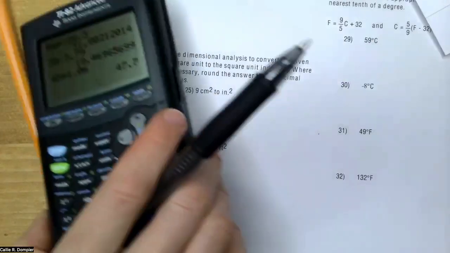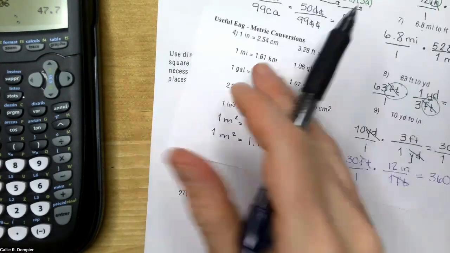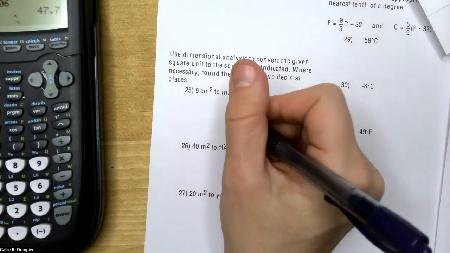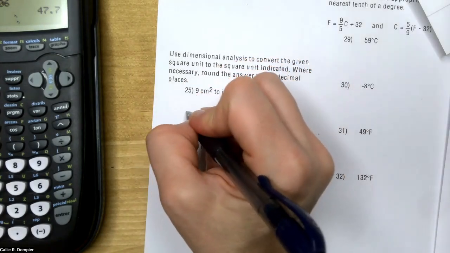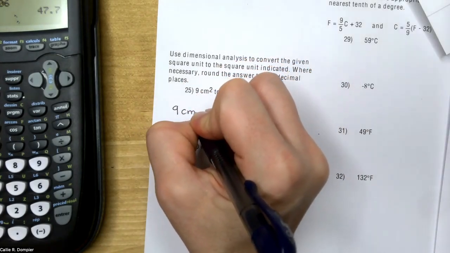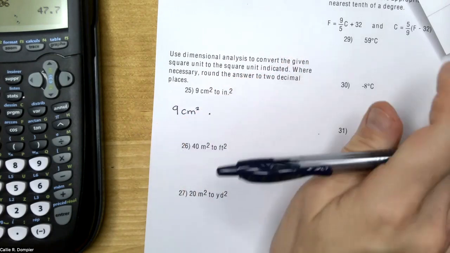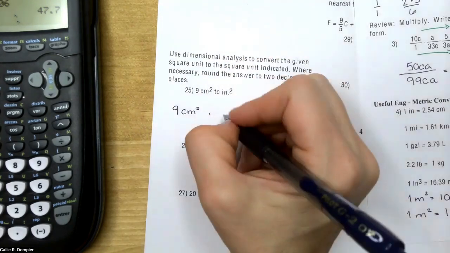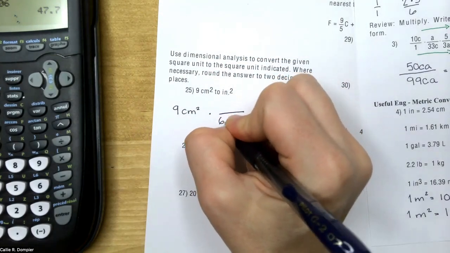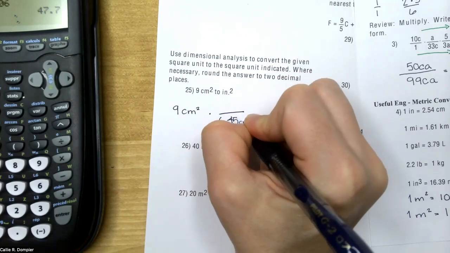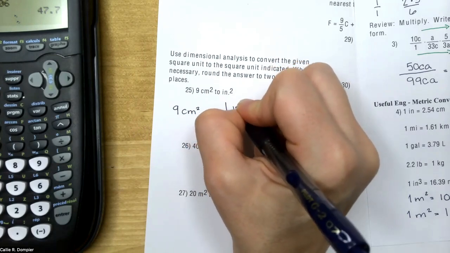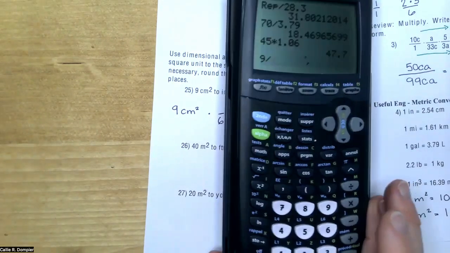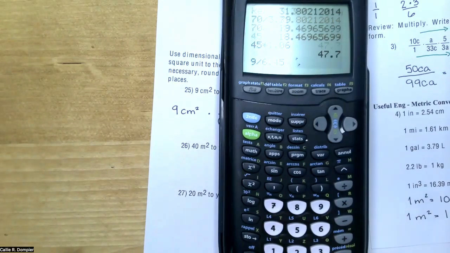Square units, you're just going to continue using the same conversion and just don't forget that square, okay? So 9 centimeters squared into inches squared, 9 cm squared times, well, this says it's 6.45 centimeters squared is 1 inch squared. So we're going to take that 9, divide it by 6.45 to get